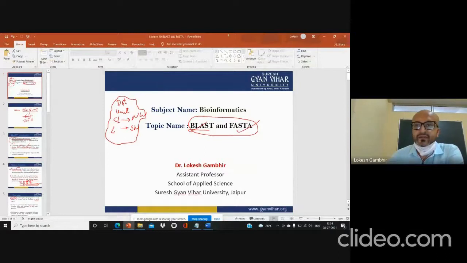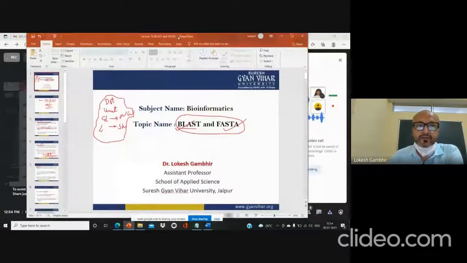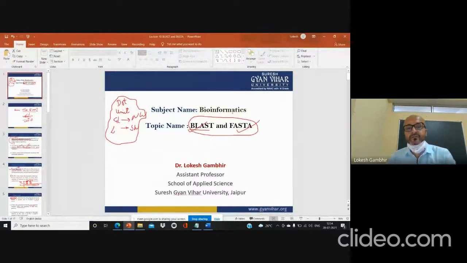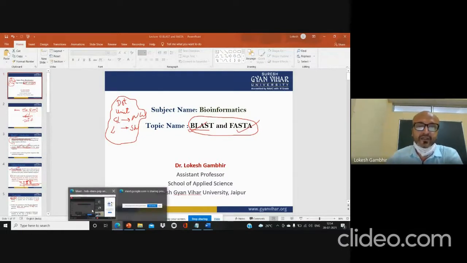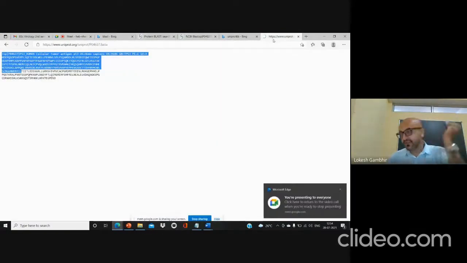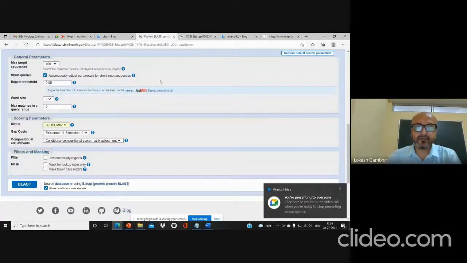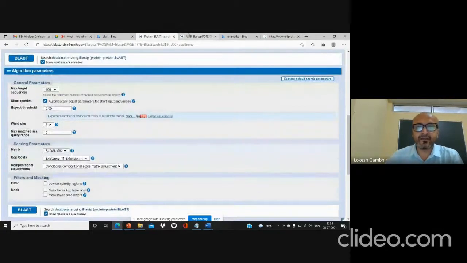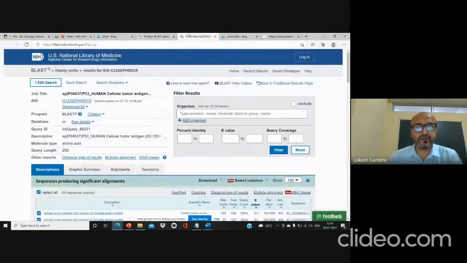So we were discussing this particular aspect here, right? We were talking about BLAST and FASTA, and in this section we will be talking about how to utilize the web-based tool. So we had a very clear understanding of how we are going about it. In this scenario, we had taken the sequence and incorporated it in the place where it is required. So let us see what result we obtain.